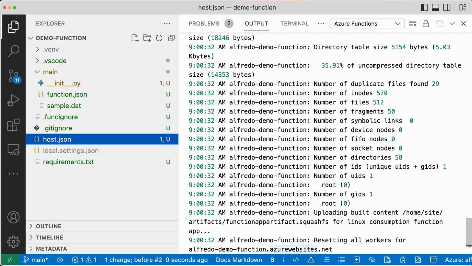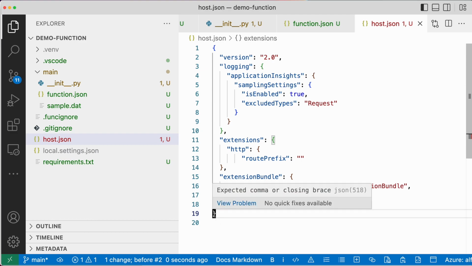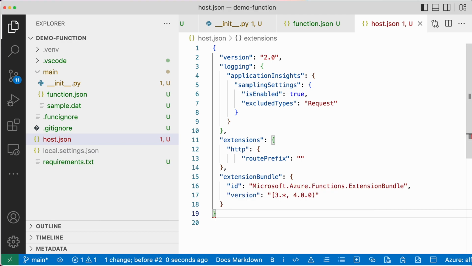Let's open the Explorer. Let's go to host.json. So I'm gonna close these. Line 20 is of course right here, and I am getting into trouble. Let's see what it says. Expected comma or closing bracket. All right, and the reason why we have that is because I opened this bracket right here, and didn't close it. So instead of having this in multiple lines,